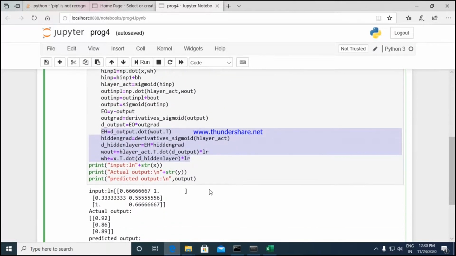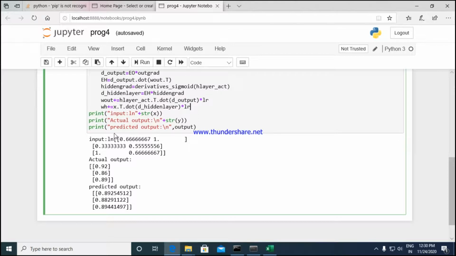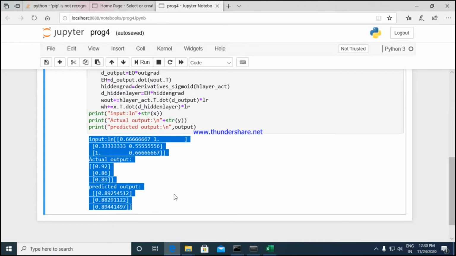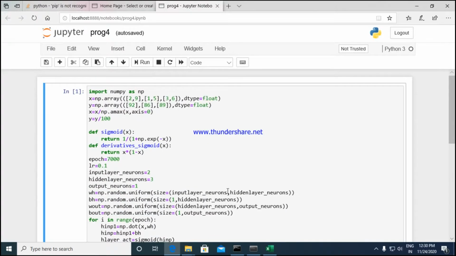Once we are done with this process, that is, after it is executed repeatedly for 7000 times, the error associated with the weight values gets almost rectified. So these are almost fine weight values. This is the process of backpropagation.